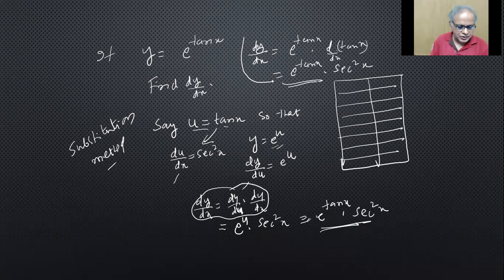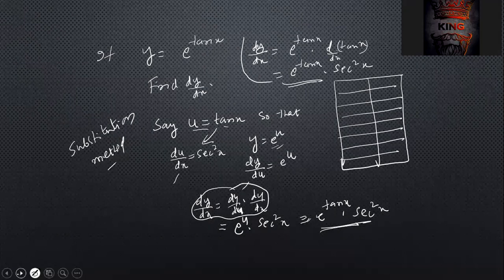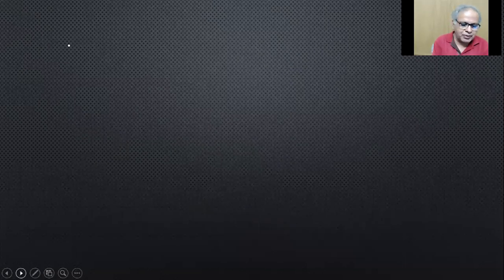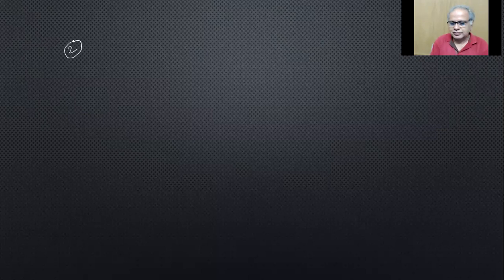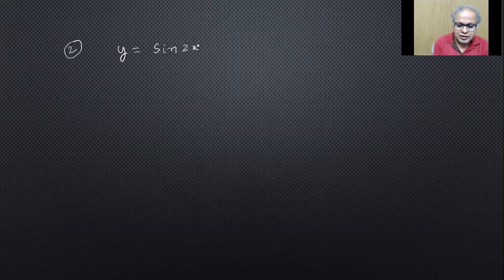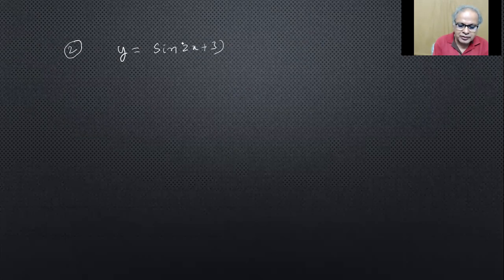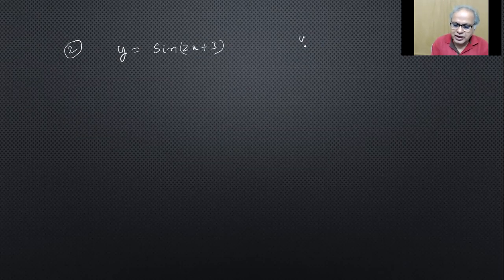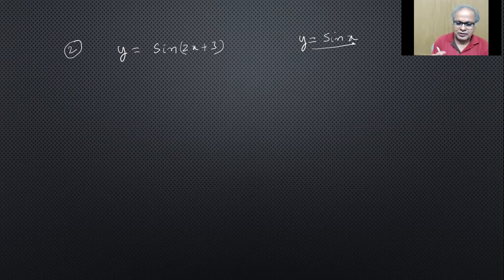Okay, children, shall I change? Right. Now, take up one more example of your own. y equals sine of 2x plus 3. Let me write it in the beginning. Previously, we had only sine x, this single box. Sine is the function. Here it is not only sine, it is the sine function and as well the ax plus b function, isn't it?